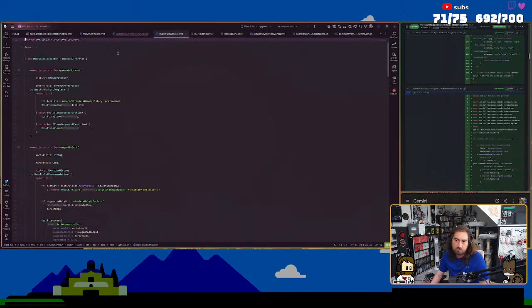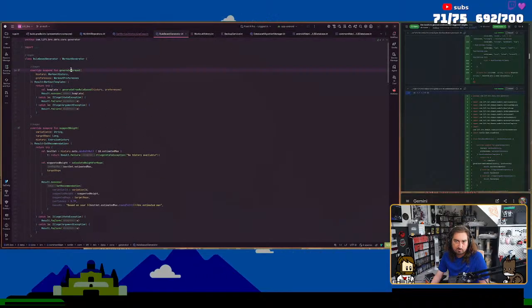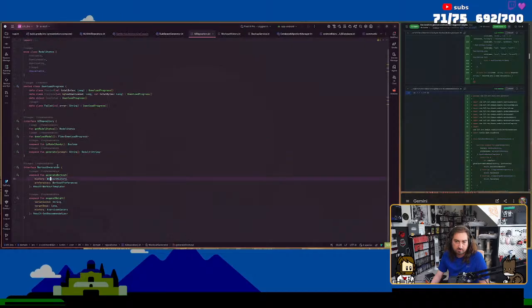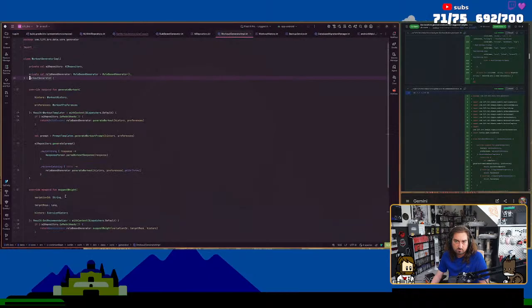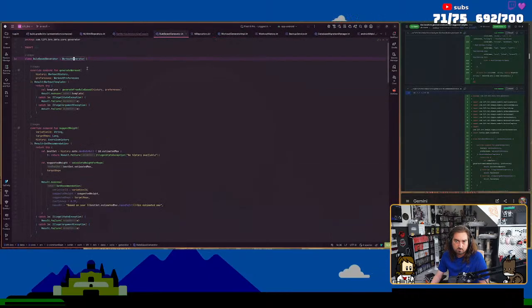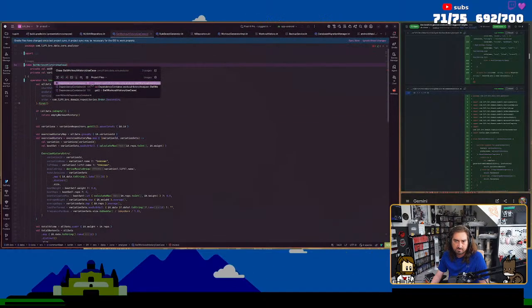Rule-based generator, right? And this is where we started using actual... Okay, so the workout generator. Wait, what? Where is this being used?